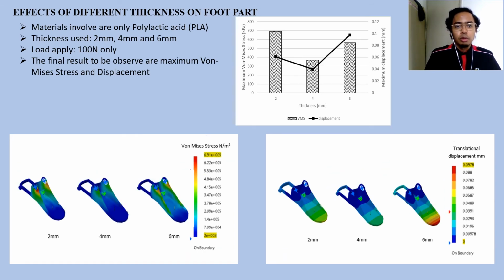Now, we will look at the foot part. For the foot part we will use PLA, and we will use three different thicknesses: 2, 4, and 6 mm. But the load is different. In the shank part, we apply 140 newtons, but for the foot part, we apply 100 newtons. As you can see here,